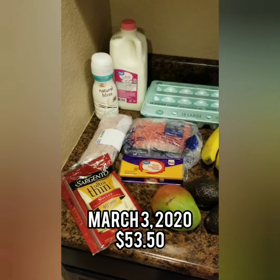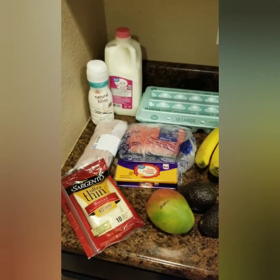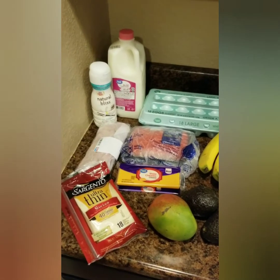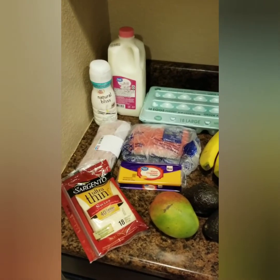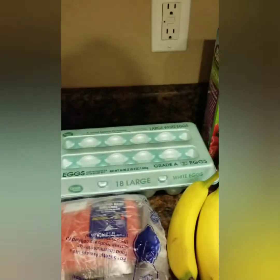It's Tuesday afternoon and I just went to the store, so I didn't get too many items. We have a bunch at the house still. We actually went out to eat a lot the last few days, so yeah. I think I spent like 50. I'll put the total up, but to start with, I just got some basics like milk, some coffee creamer, and